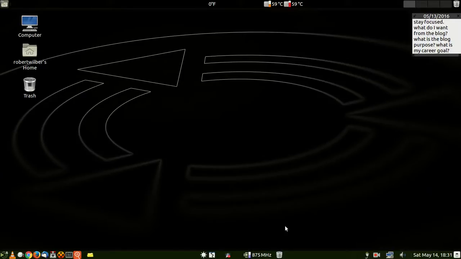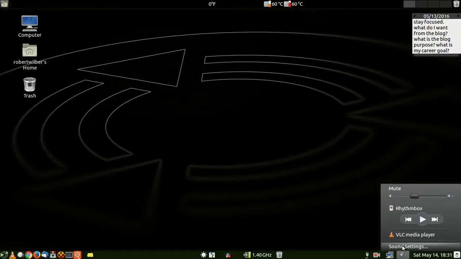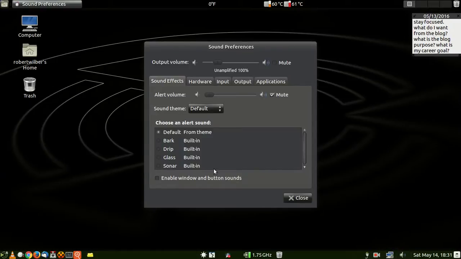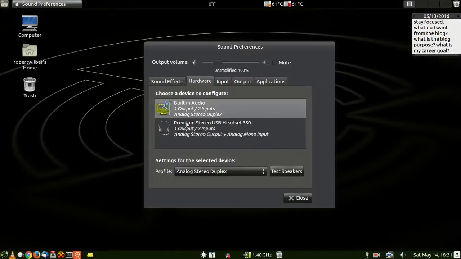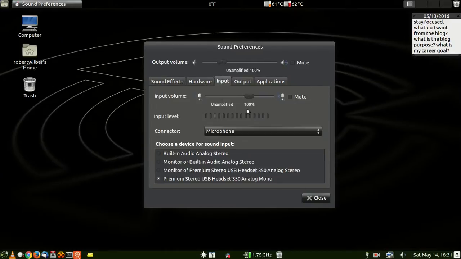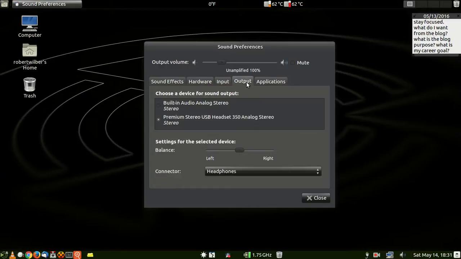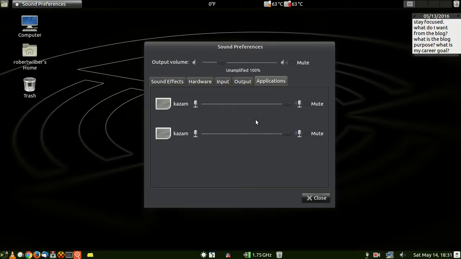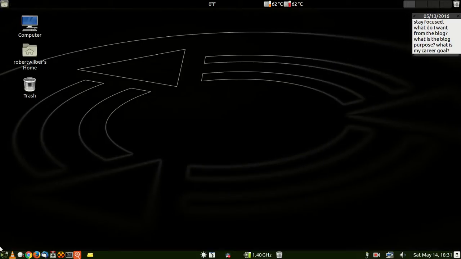Okay. Hello, everybody. This is Robert Wilbur, and this is my desktop. You see this working right? Make sure it's working right. Output applications. Okay, yeah. So anyway, this is my desktop. I wanted to show everybody